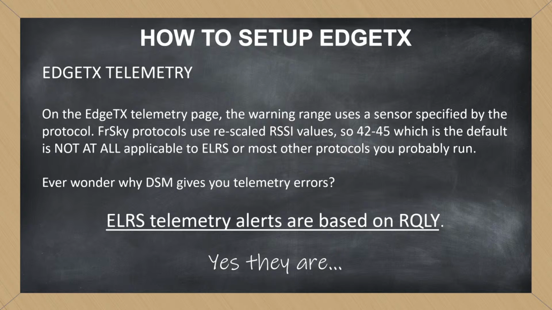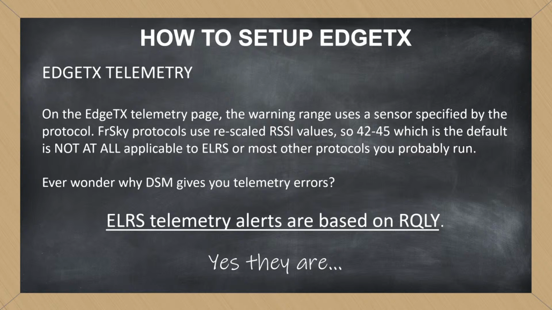All right, now let's talk about how to set up EdgeTX. So on the EdgeTX telemetry page, I'm going to show you guys this. The warning range uses sensors specified by the protocol. FrSky protocol is defaulted to 42 to 45, which is the default. So a lot of you guys are out there, and this is why I said you're probably doing it wrong, a lot of you guys are probably running 42 to 45 as your default values on your radios on protocols that have nothing to do with the range of 42 to 45,